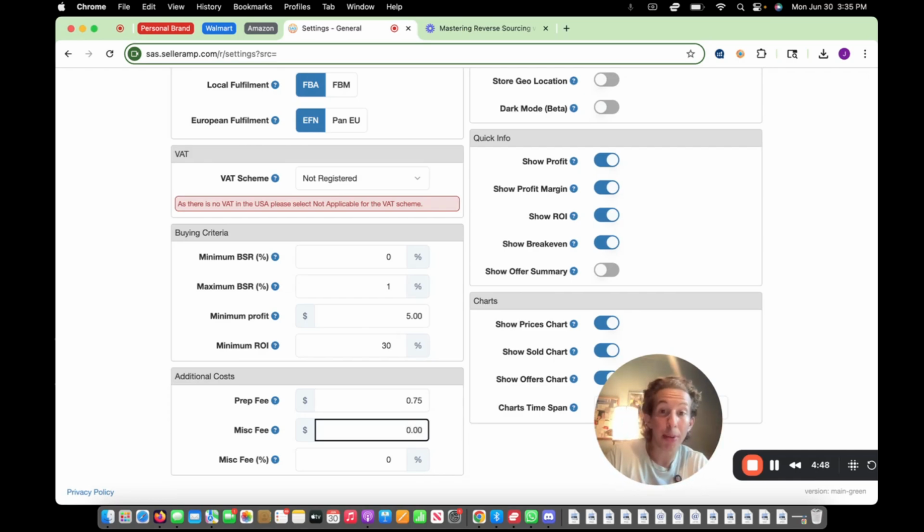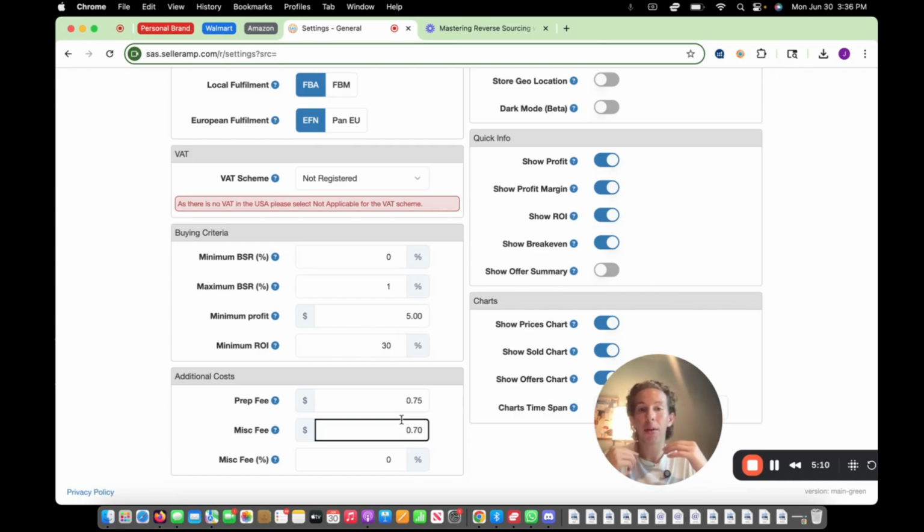If you're shipping with FBM, right, out of your house, then it's impossible to have a $0 miscellaneous fee unless you just keep it in your prep fee, because you have to pay for a box, right? And the cost of a box may be 40 cents, 50 cents, 60 cents. And then you have to pay for packaging and taping somehow. So this miscellaneous fee is actually important, and I think you should keep it in there, whether you're selling FBA or FBM, because even with FBA,